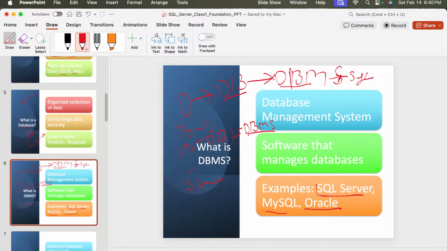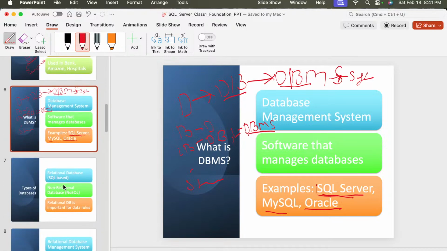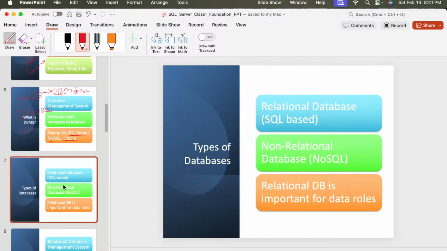So there are some popular DBMS like SQL Server, MySQL, Oracle, PostgreSQL, MongoDB. But in our course, we are going to use SQL Server, and I have dropped a video related to how to download SQL Server. Make sure to download it, because tomorrow is also our session. From tomorrow, we are going to start more practical based training, right. Because these things are a necessary part to understand. That's why I'm